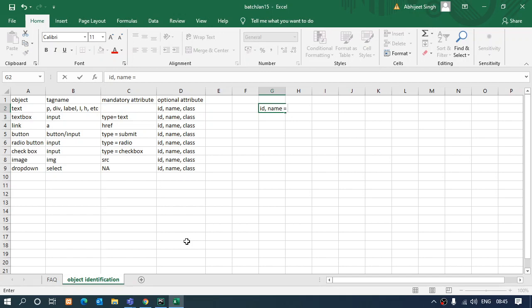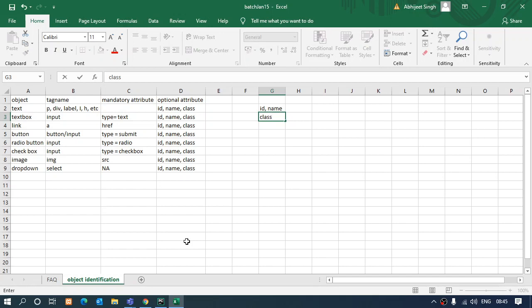Okay, but if we talk about the class attribute, now class is basically an attribute which is responsible for the look and feel of the element, that how the object is going to look like, how much padding is going to be above and lower, the borders are going to be circular or something like that, how it's going to look on the page. So class is going to be responsible for that.